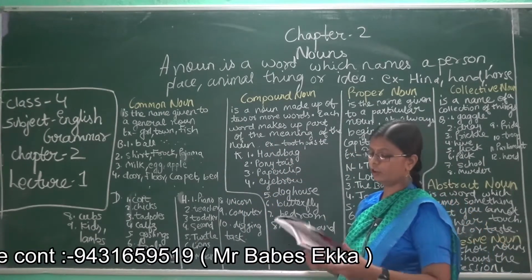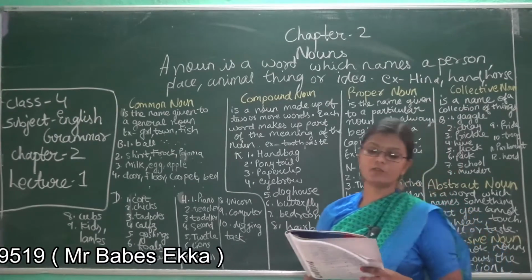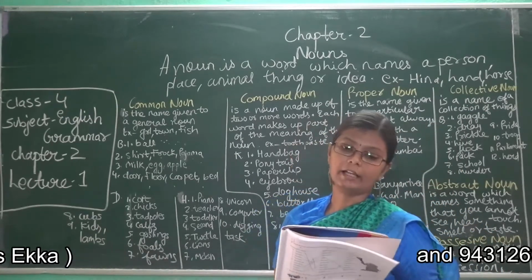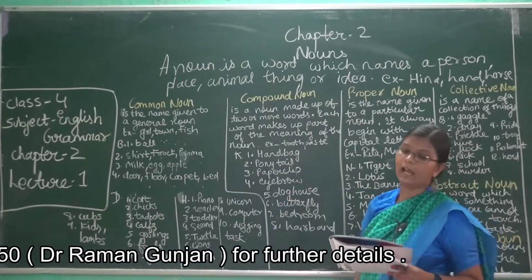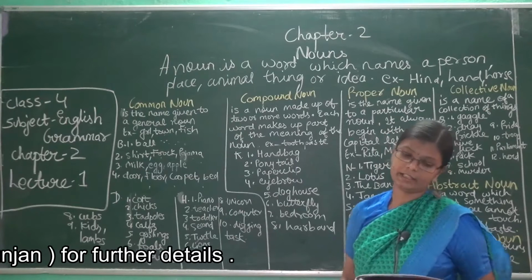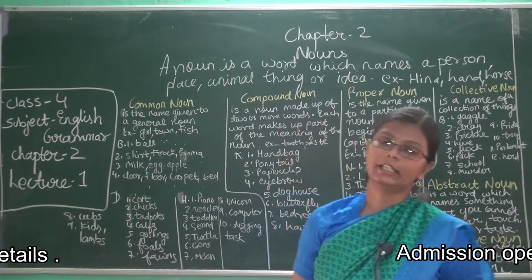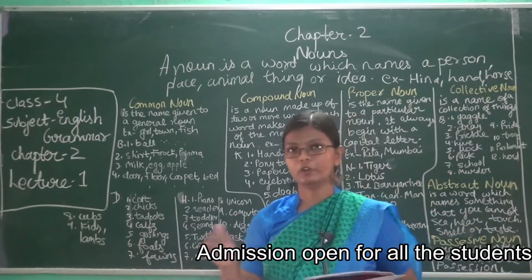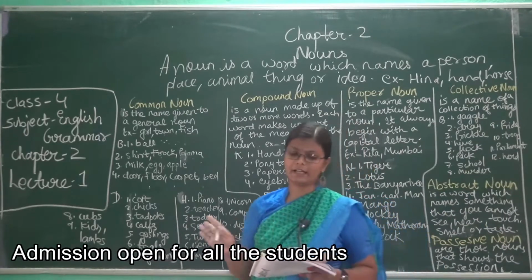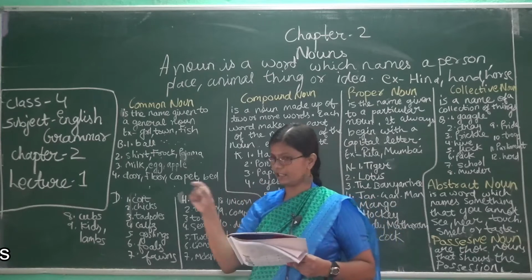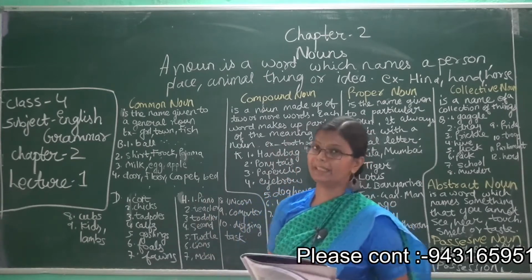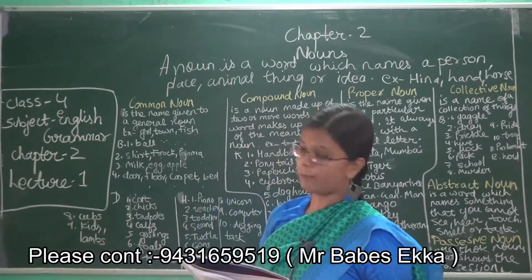So number C is very easy, children. Just write the correct names of places, things and animals. I think you all are familiar with the names of places, things, animals. So you just write the names. You have to take those words from the box and write them in the given space. Below, space is given. Now come to number D.